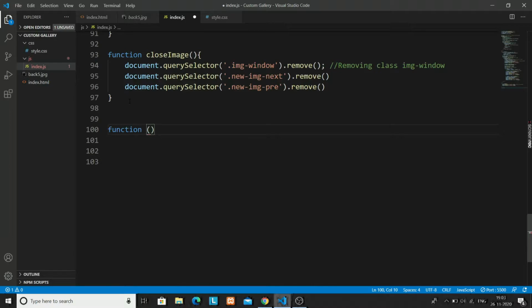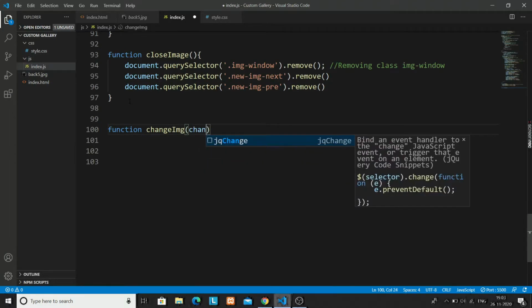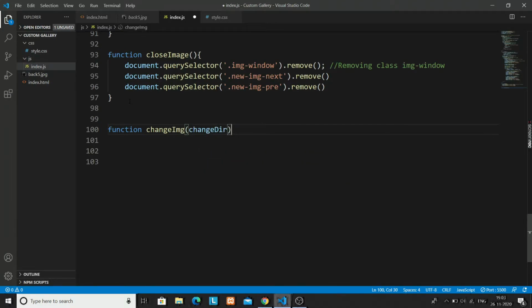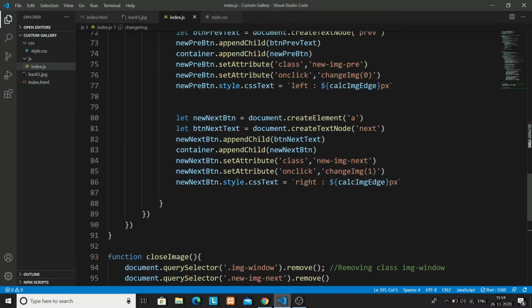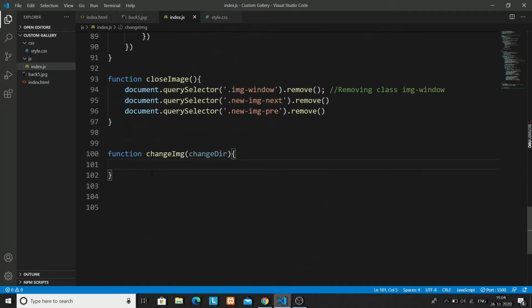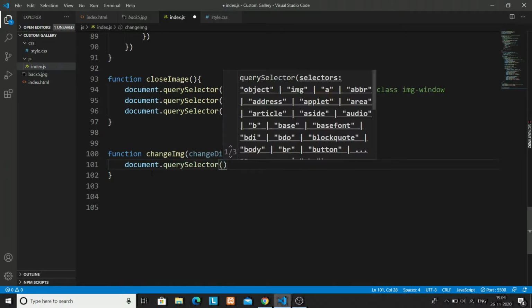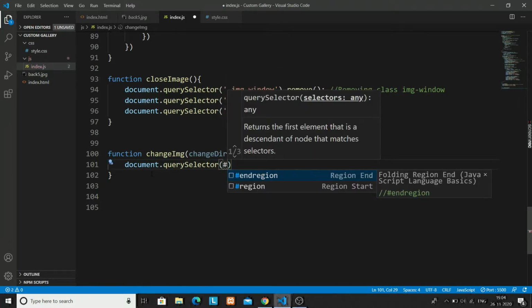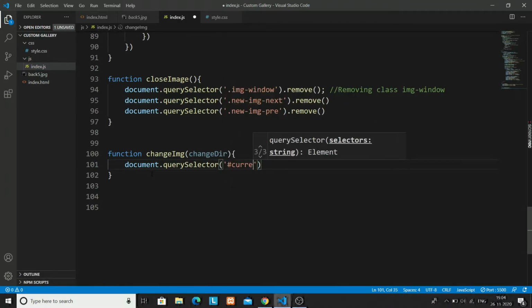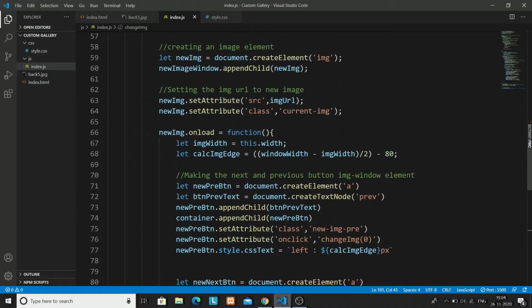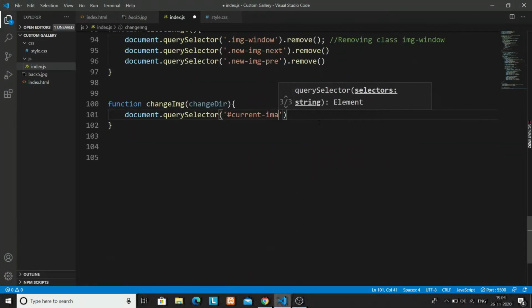So function changeImage, and now it will be changeDirection, and it will take the argument changeDirection as 0 and 1. So document.querySelector, I will take just the current image class ID. So whichever image it will be flipping on, previous image or the next image, the ID will be given to that image. So that image will be current image